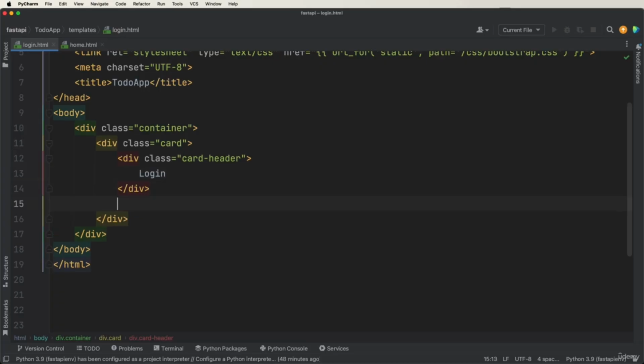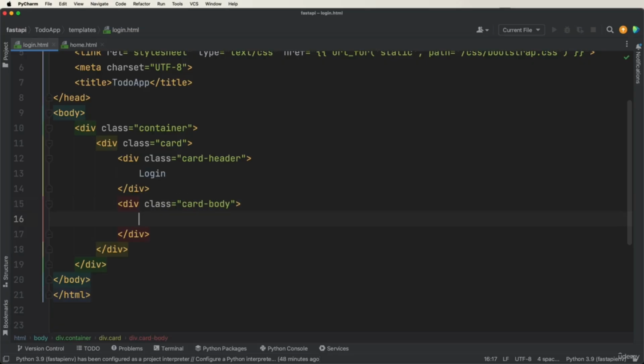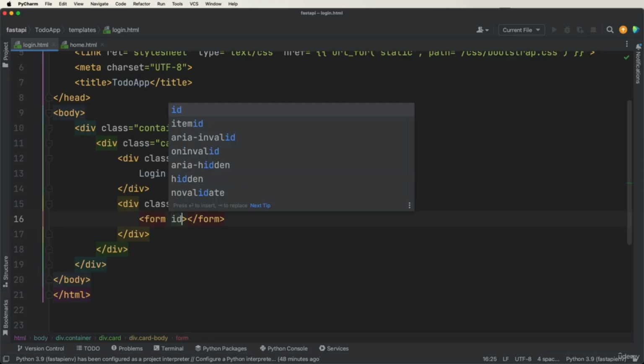Now, outside of that div, we want to create another div with a class that's equal to card body, with a form ID that is equal to login form,